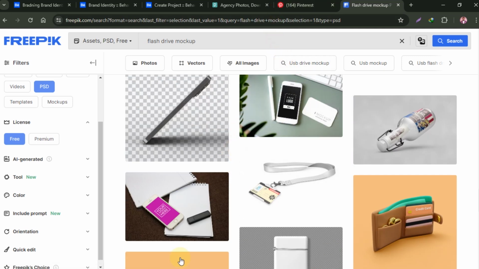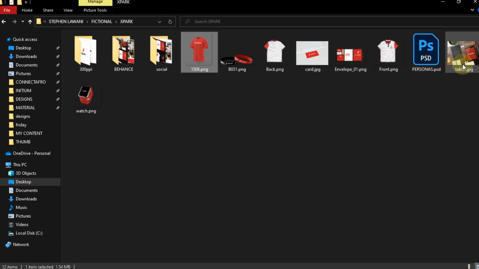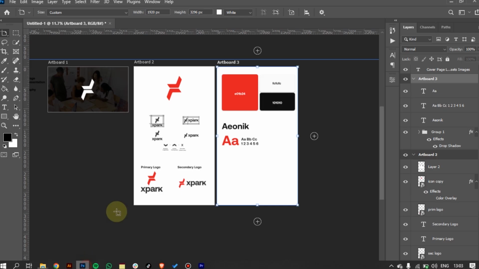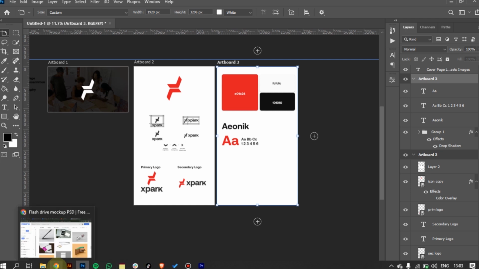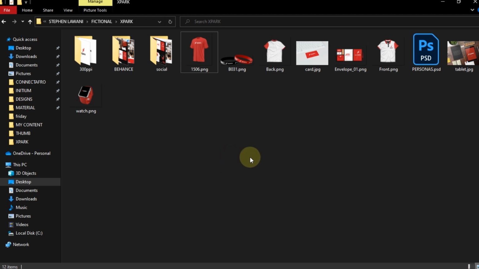So just prepare your mockups, save it as PNG. You can see that most of my files here are saved as PNG. It was only this one I saved as a JPEG and this one, but every other thing is saved as a PNG. And that is because, like I said, all these artboards, they don't have a background yet. We want to be able to customize our background. So let's start with